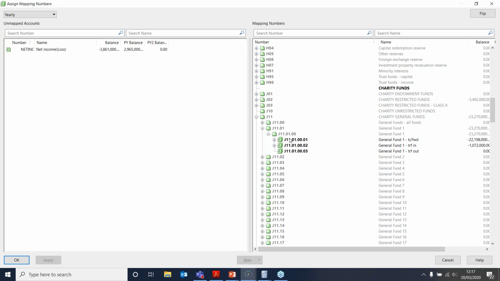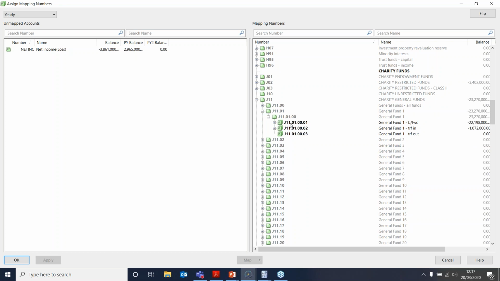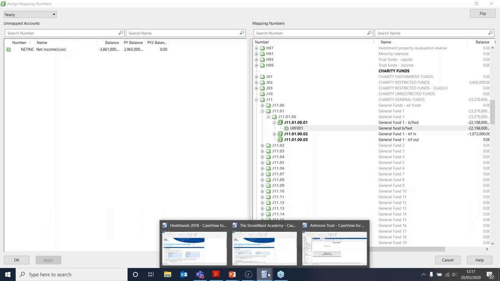the account code was actually representing our general fund balance brought forward. And so if you look at this map number here, J11.010001, you can see that our account code there has been mapped to that map number, which represents our general fund balances brought forward. And just to see how it feeds through to your financial statements, if I